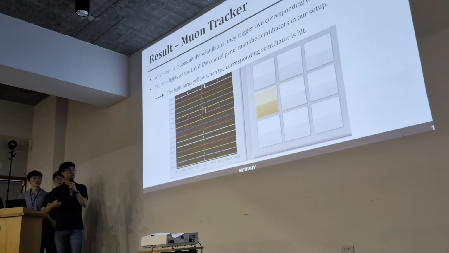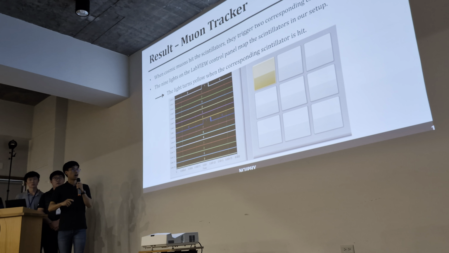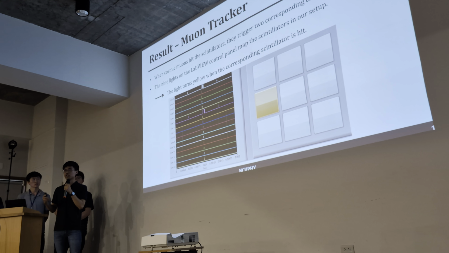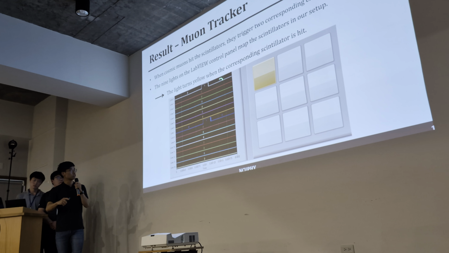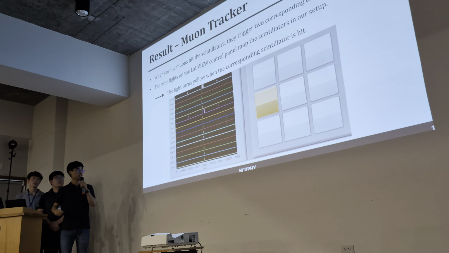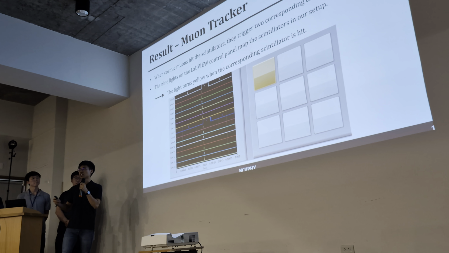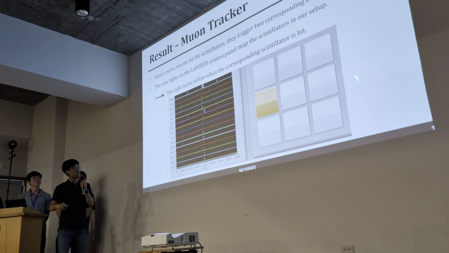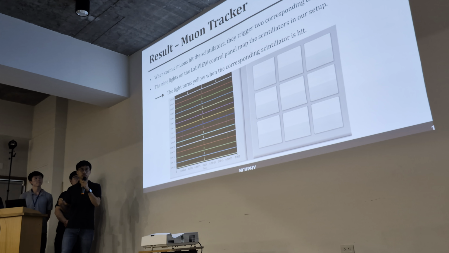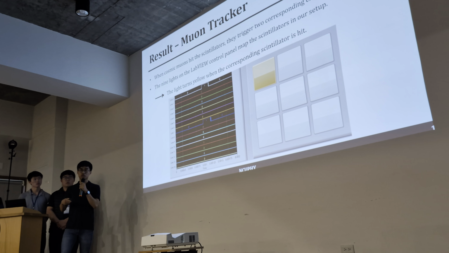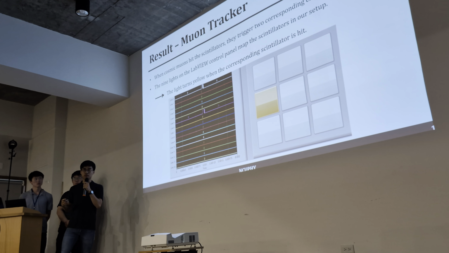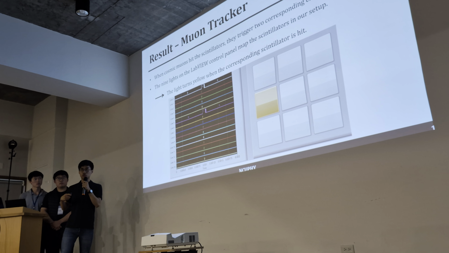As for our muon tracker, the panel at the left-hand side shows the channels of the logic analyzer. They correspond to each row and column in our data. So when a cosmic muon hits a scintillator, the corresponding 2 channels will be triggered, and the LED light at the right-hand side will turn yellow. So we can know which scintillator has been hit. These LED lights are actually the map of our scintillators. So with this experiment, we successfully demonstrated the potential of diverter as fiber, which can be used to reduce the readout